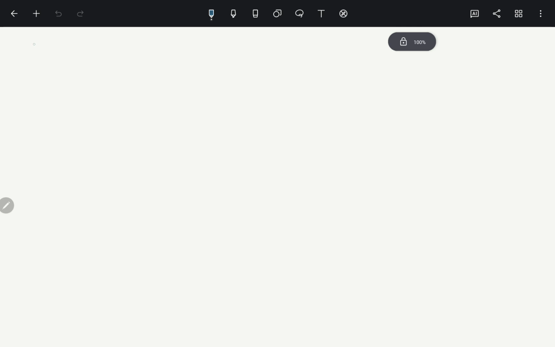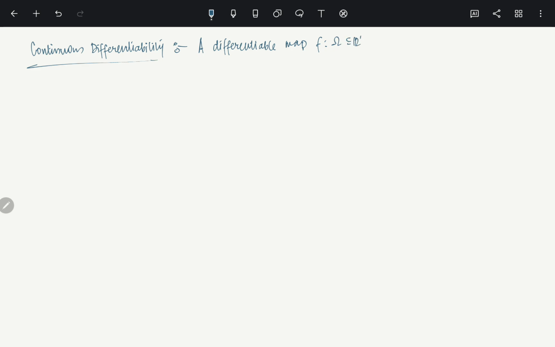Clear? Okay, so that is there, and just before I finish, we need to know the concept of continuous differentiability. So what is it? You are looking at a differentiable function, a differentiable map f from omega, a subset of Rn, to Rm. This is said to be continuously differentiable in omega if the map df is a continuous map